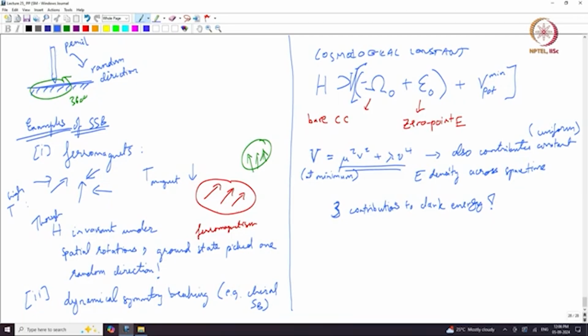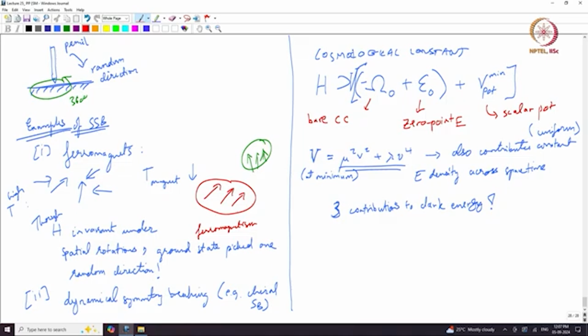So, we have 3 ideas of what the dark energy is, because we have identified 3 different contributions coming from 3 different physical considerations: scalar potentials, the 0 point energy of quantum fields and the bare cosmological constant, which you have to write down anyway. Okay. So, I will actually stop here, and in the next class we will make some observations about the